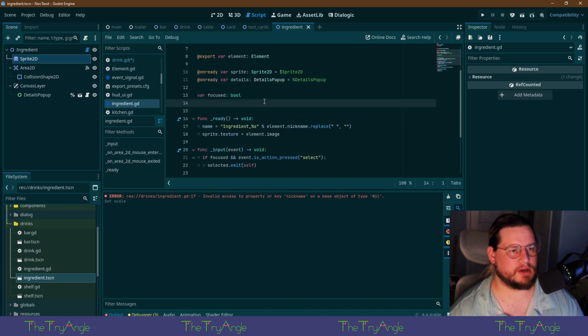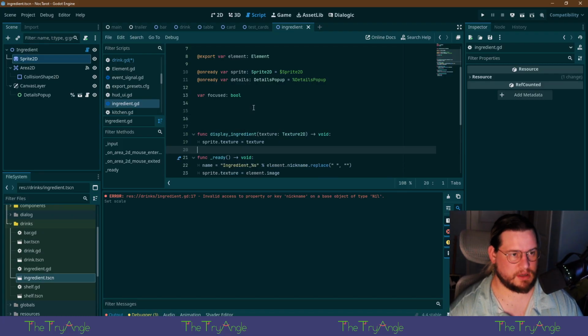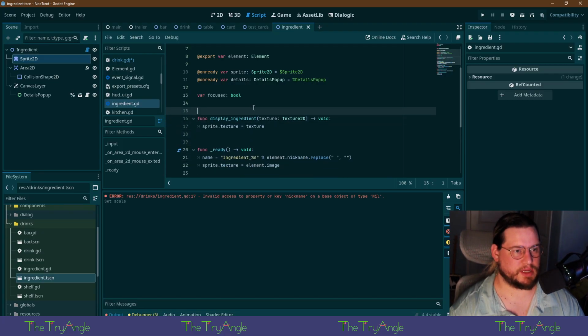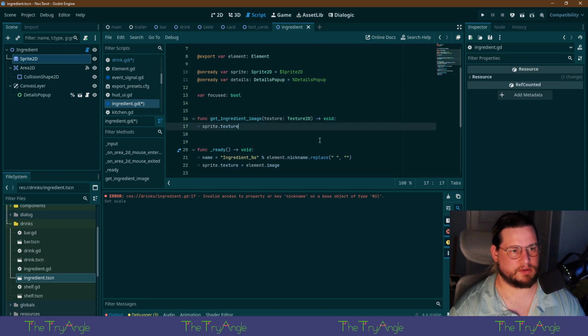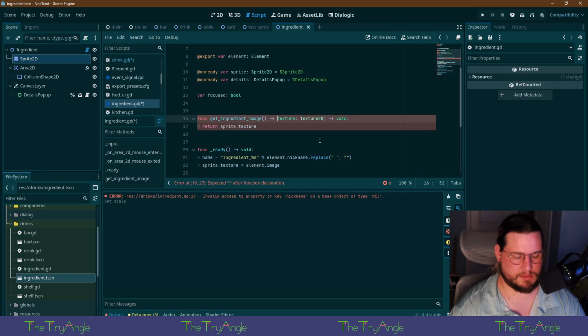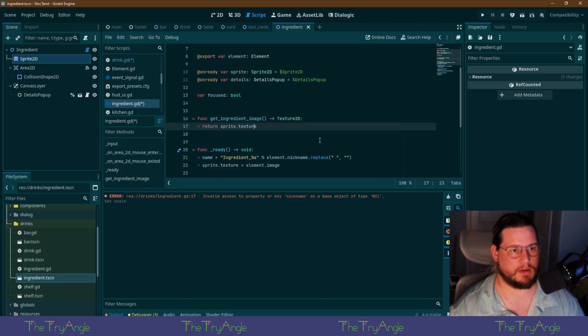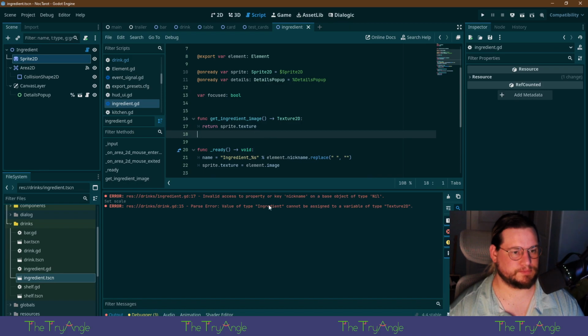Oh, you know what we should have? Instead of display ingredient, we'll just get ingredient image. And we'll return this texture. There you go.